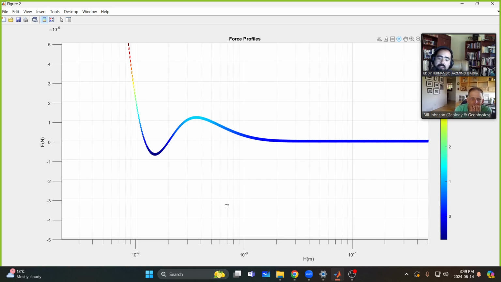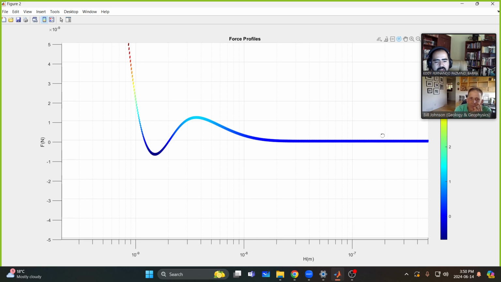Which is not a real good representation of real surfaces, but that's how the theory was developed initially. And you can see in the x-axis, the horizontal axis, you have the separation distance between the colloidal probe and the surface. And in the y-axis, you have the force that the probe is experiencing or measuring at that location. And you can see it's almost zero when you're far away, and by far away I say like 200